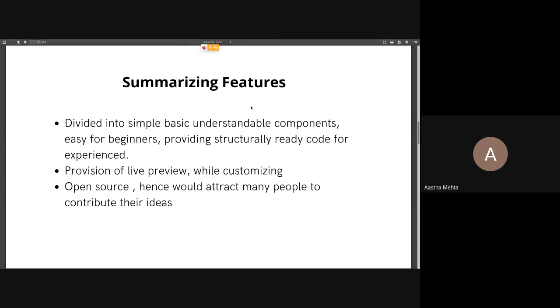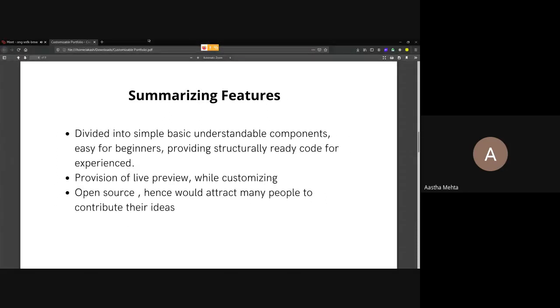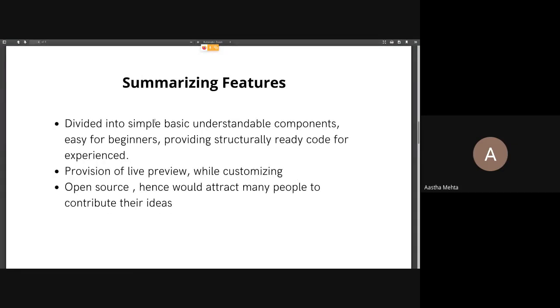And then we have a live preview option where a user could click and view how the exact site or the element looks. One of the advantages is that it's open source, hence it would attract many people to contribute their ideas as well. So a user could be a contributor who wants to come to the site and contribute their made portfolio in the form of elements, or the one who wants to download those elements.